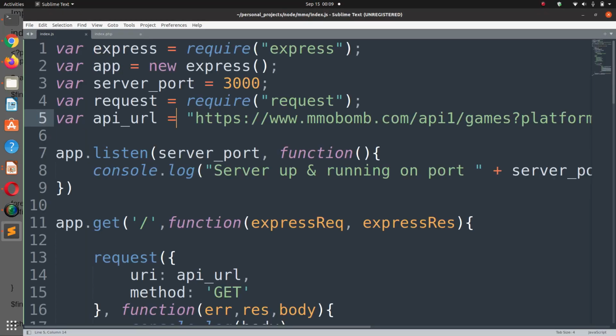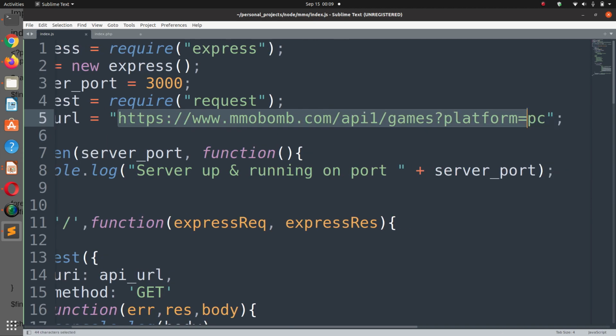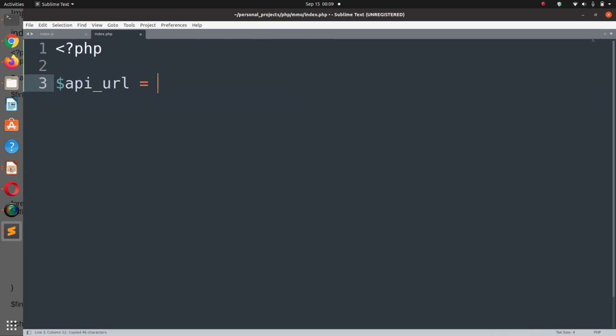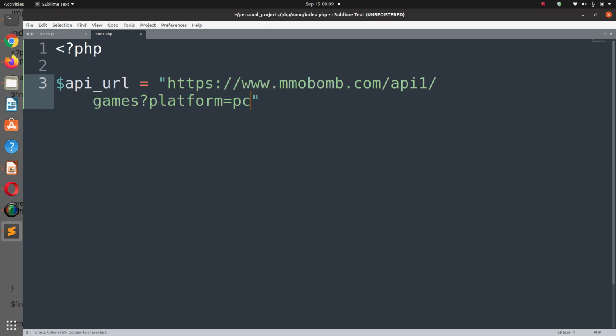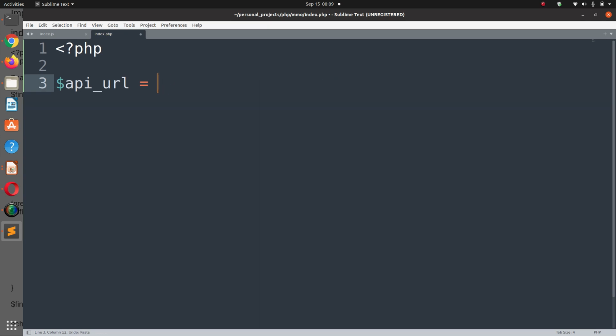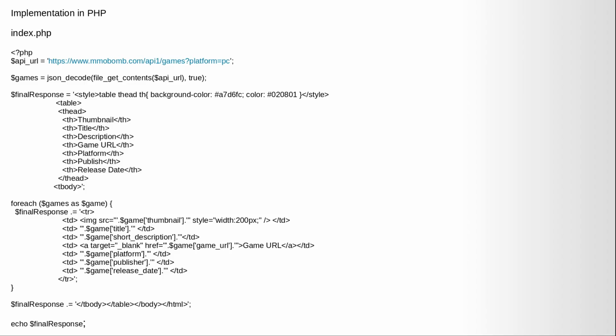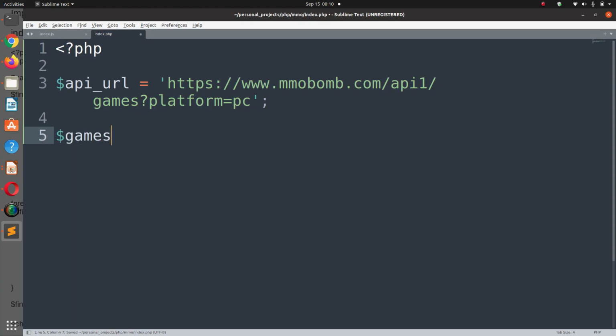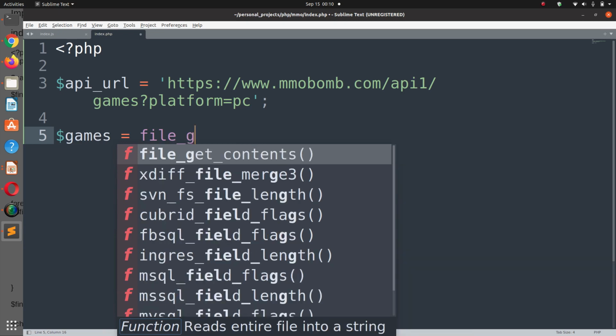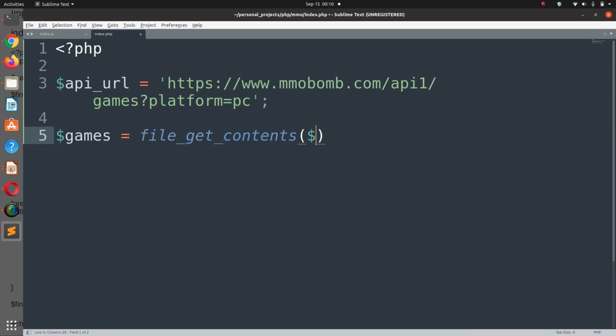You can just copy it from the node code that we used, so it's better to use single quotes here actually. Okay, API URL. Then second step is games, fetching the data file get contents, and here you can pass the